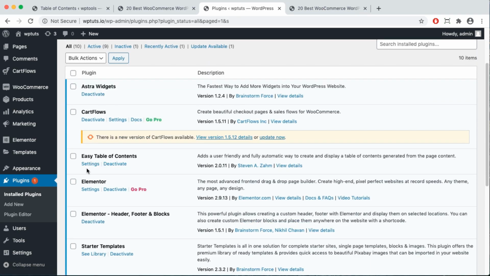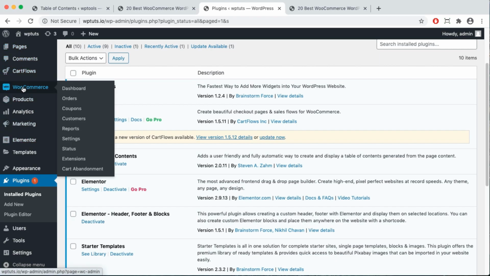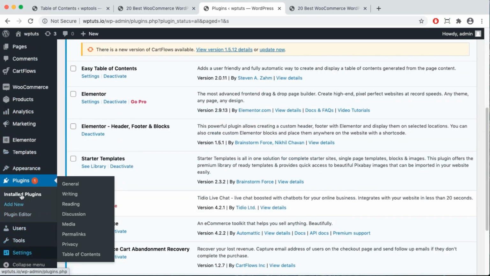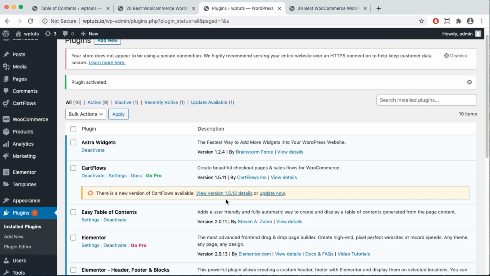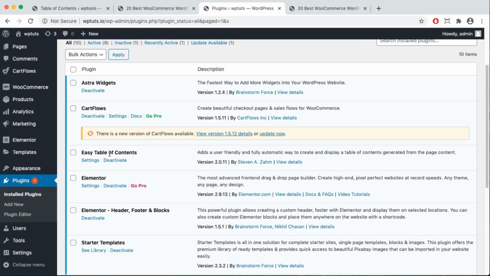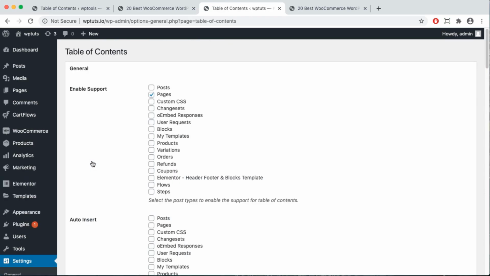Here you can see easy table of contents, and it's available only in the plugins list. Here it is, easy table of contents. Here you can see settings. Just click on it, and here you will see the options that you will configure